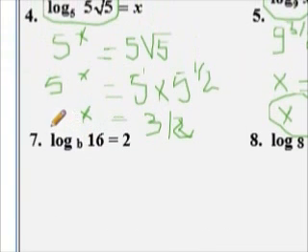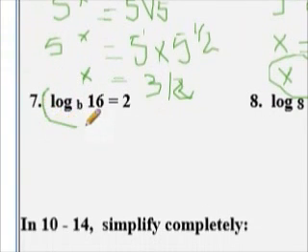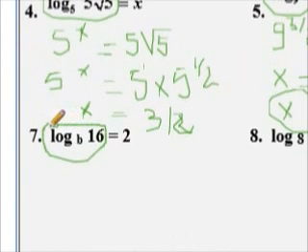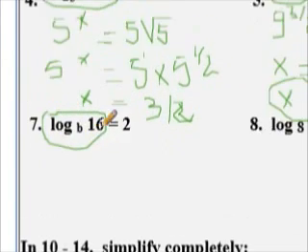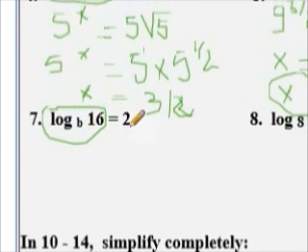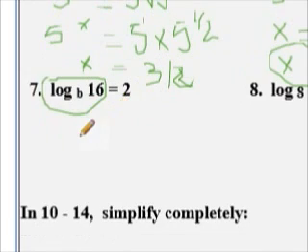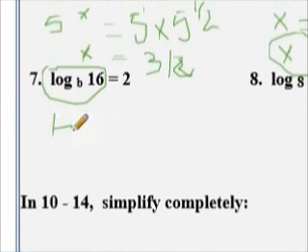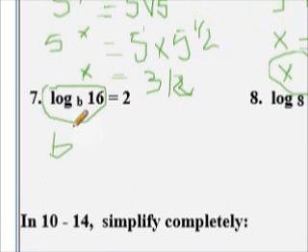Understand here, log base b of 16. Every time I compute the log base of a value, what I'm trying to figure out, the result is the exponent. So I know the result. The result is the exponent. So I can write it like that. It's like b to the power of the result, which is 2,